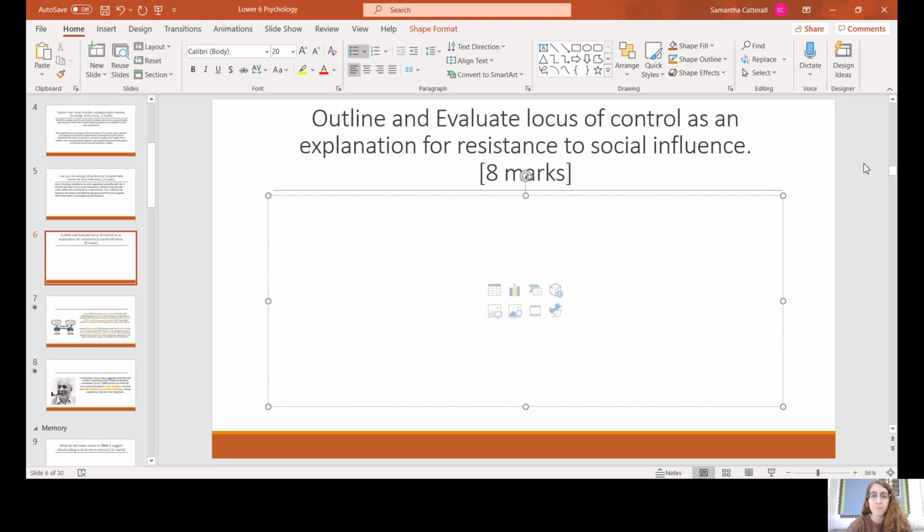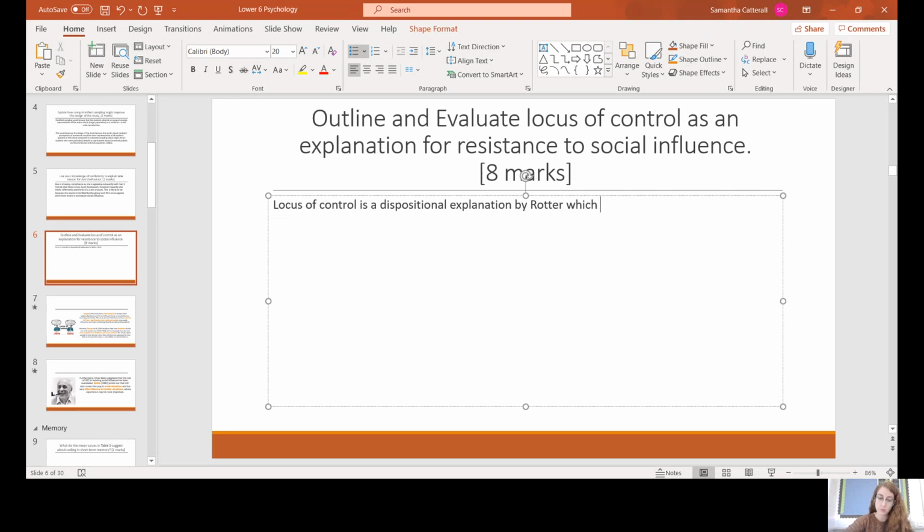So let's put locus of control is dispositional. Dispositional is like the opposite of situational, so it's not things in your environment that are causing you to resist social influence. It's things inside you, like your personality, that is affecting whether or not you resist social influence. So locus of control is a dispositional explanation put by Rotter,